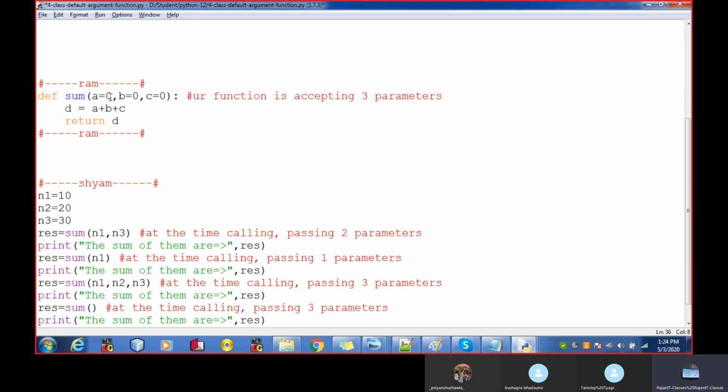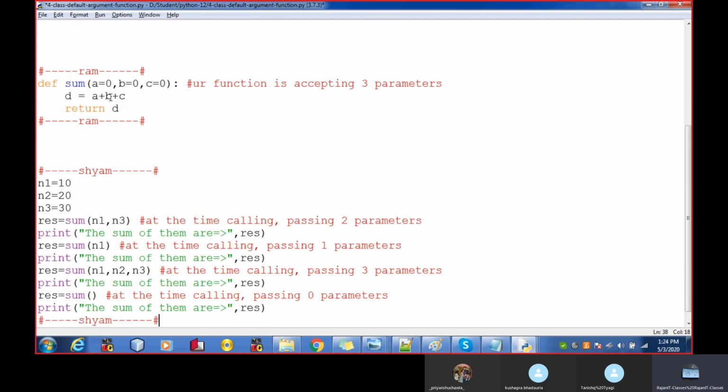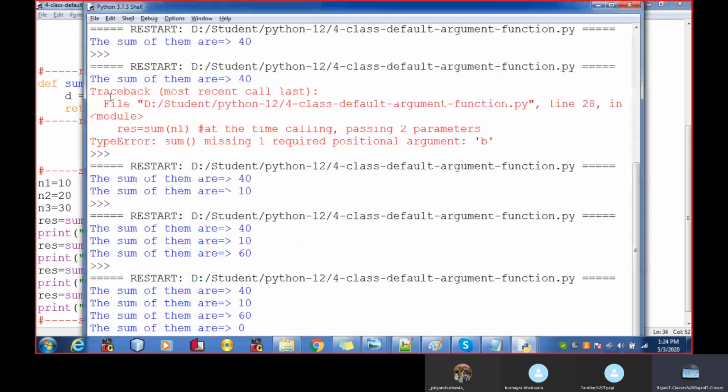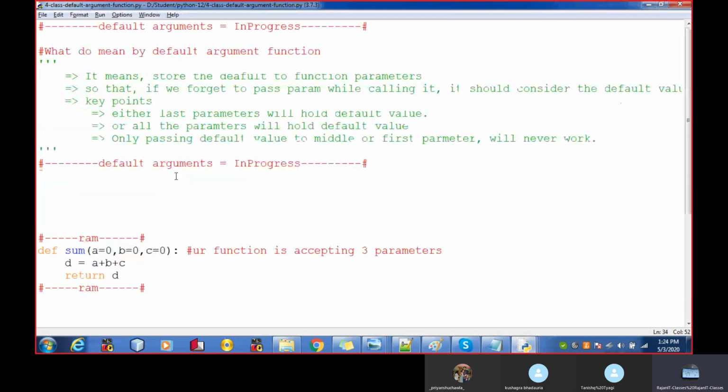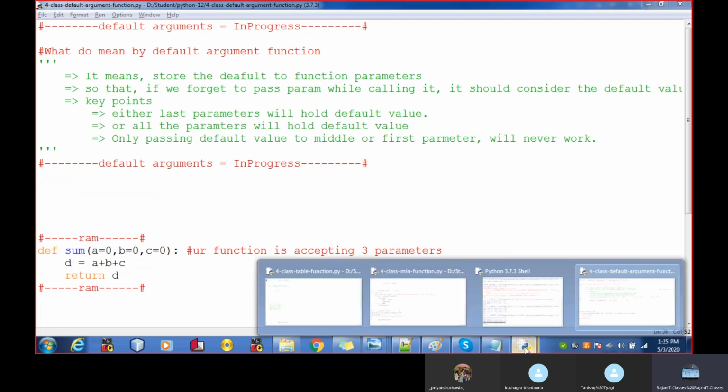If I have forgotten everything, it takes 0 in A, 0 in B and 0 in C as well, passing 0 parameters. Okay. It should display the result 0. Now let's see the last result. See, the sum of them is 0. Okay, so this is all about that. What do you mean by the default argument function?